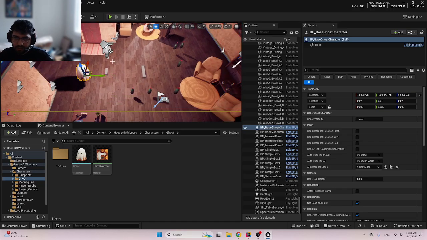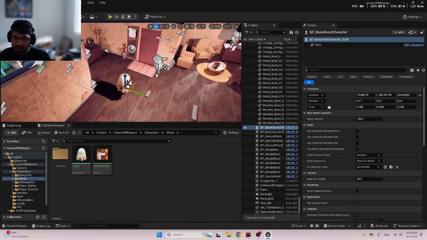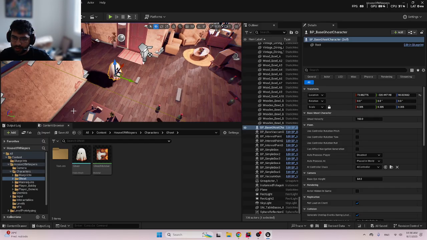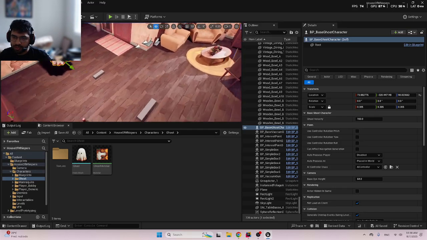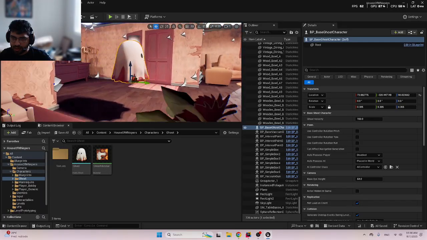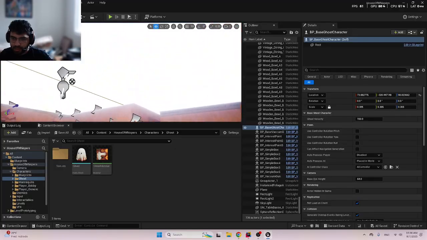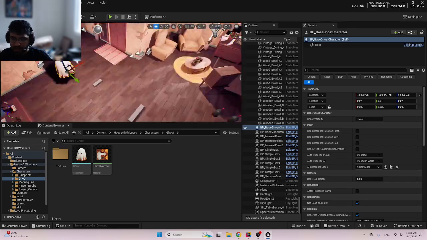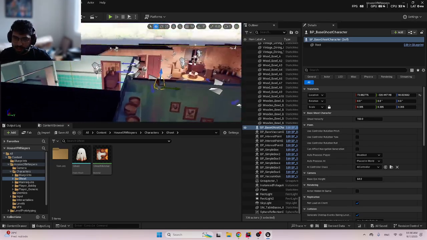I have one thing in mind, which is basically adding a sphere collider around my ghost, and once my player enters it, I start to increase the madness for the player. But it will create a problem here, which is basically